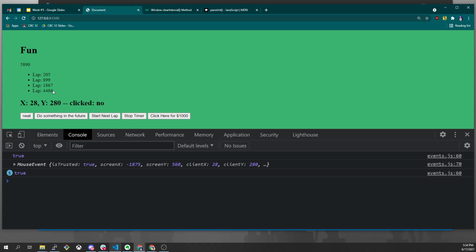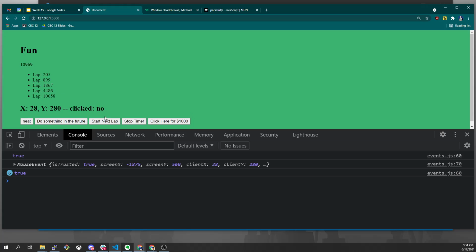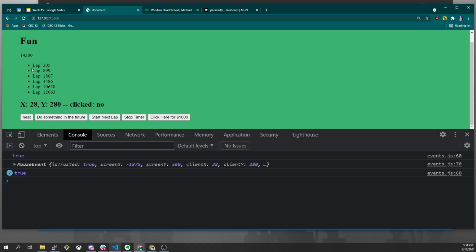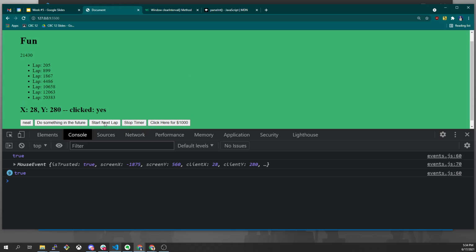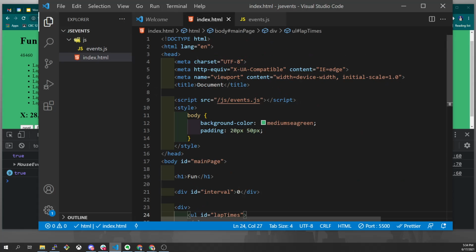Now, if I was building this for real, and I was actually trying to build a timer, I would be like, okay, every time I click this start next lap button, this lap time information is pushing down my controls, making it hard to actually be accurate. So now that I have this functionality, I would go back to CSS and say, how can I position this information so that it does not break my page? And maybe right off the bat I would just come in here and say,